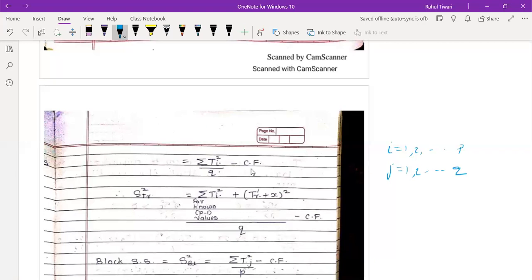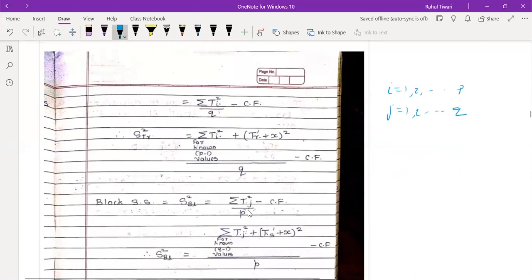So this is the way you can remember the formulas, because otherwise there are so many formulas, and recollecting and writing them becomes a difficult task. You will get everything messed up. So it is better to understand, according to the dots, what i is running from and to, and what j is running from and to.